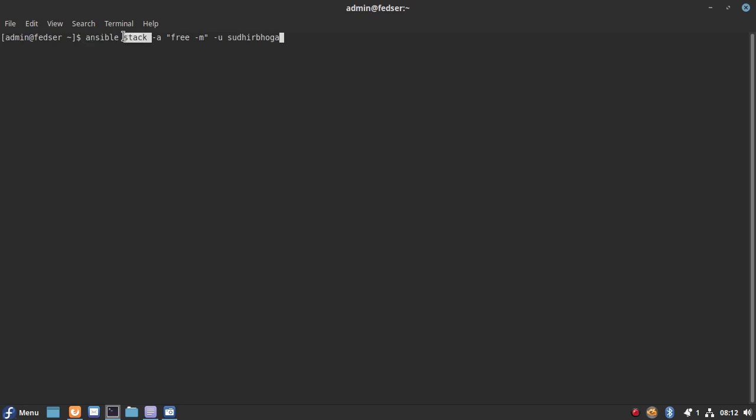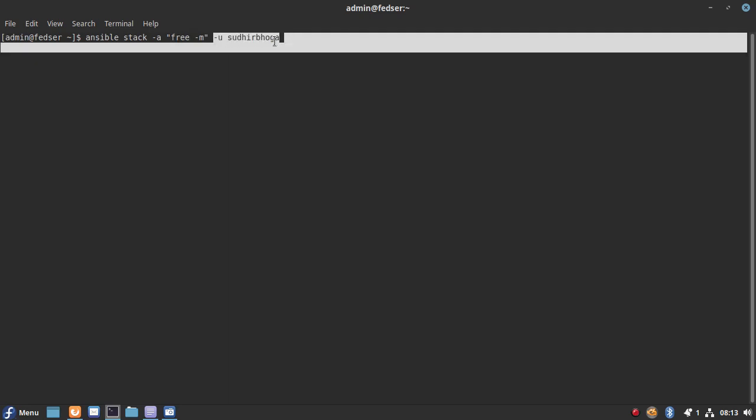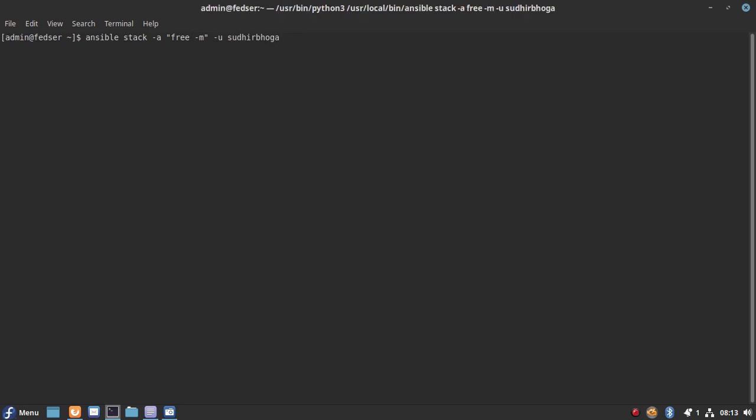And this is the group name that I have provided in the inventory file. Whichever group name you are going to provide, you need to update here so that it will manage those specific nodes or machines. And this is the ad hoc command that we are going to run on that particular node. Right now I am trying to get the free memory from that machine, and this will be the user with which it is going to log in. Okay, so let me run it.